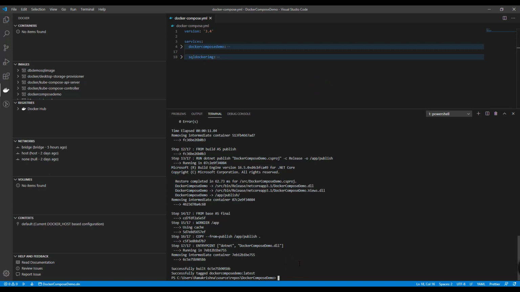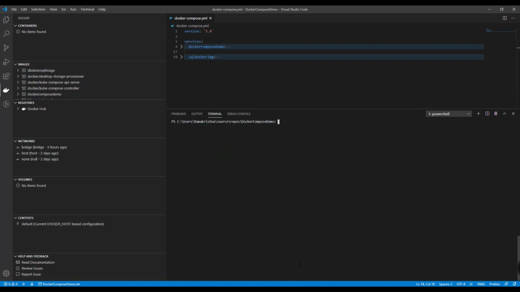Let us clear the terminal and run our Docker Compose.